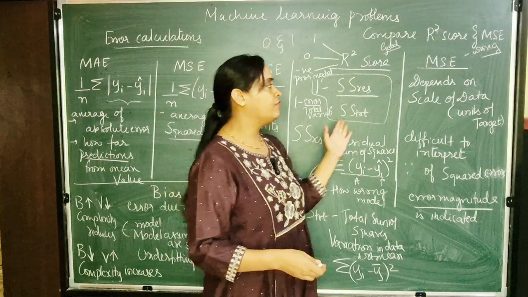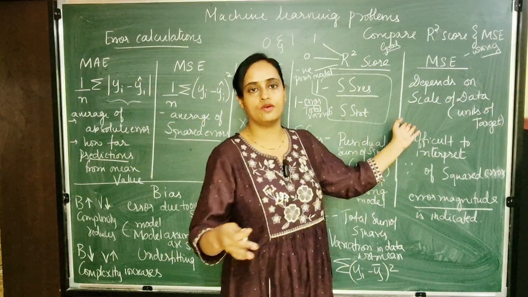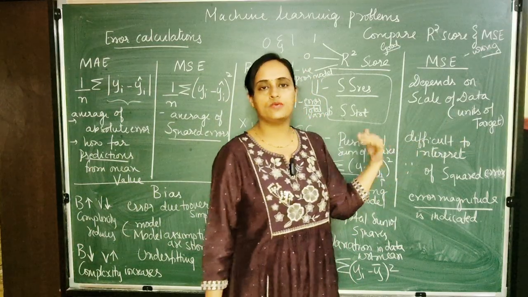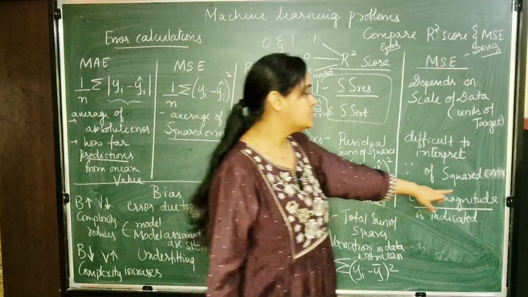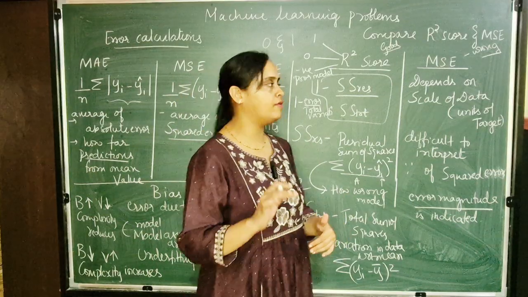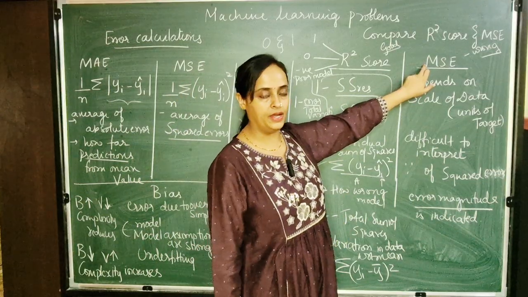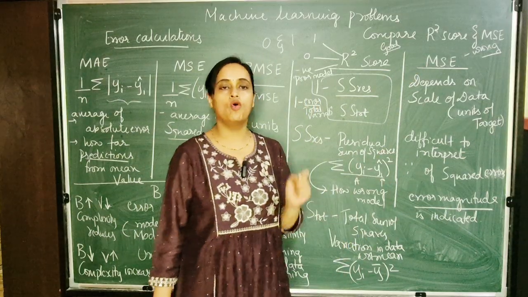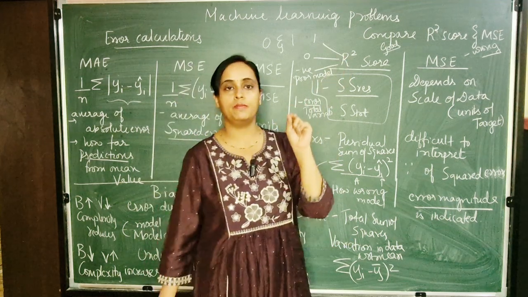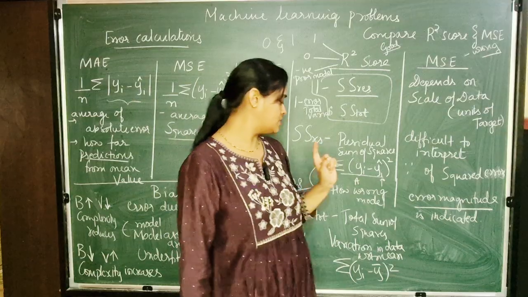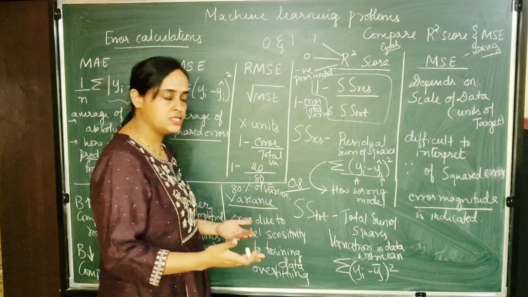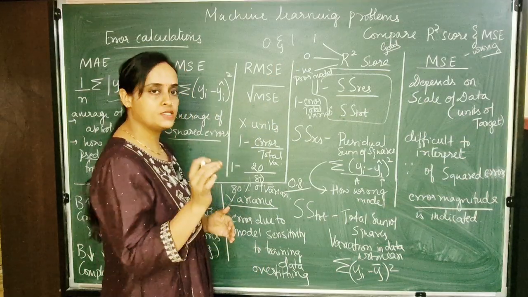As I was telling, if we are measuring the data in terms of money or rupees, since units are there and we are squaring the value, it is very difficult to interpret because of the squared error. Whenever we want to find the magnitude of error, mean square error is used, but whenever we want to identify how well the model works, R square is preferred. So to represent the data variance, R square score is always preferred.